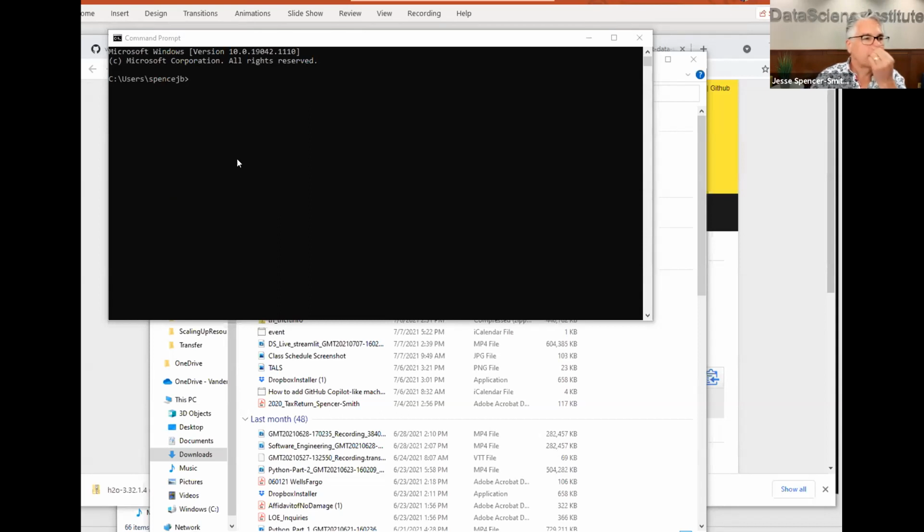Okay, now what we're going to do is a CD space, just like the commands before, CD. And I'm going to paste, so I do that with a right click. I'm going to paste where that location was. So this is going to move me directly to my downloads, where my downloads are.